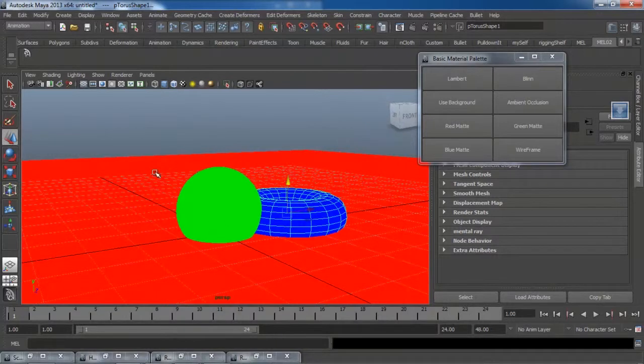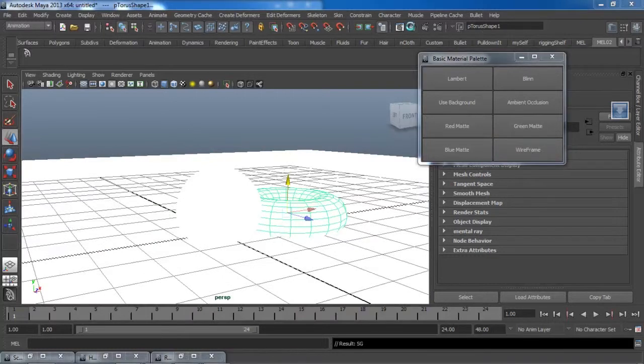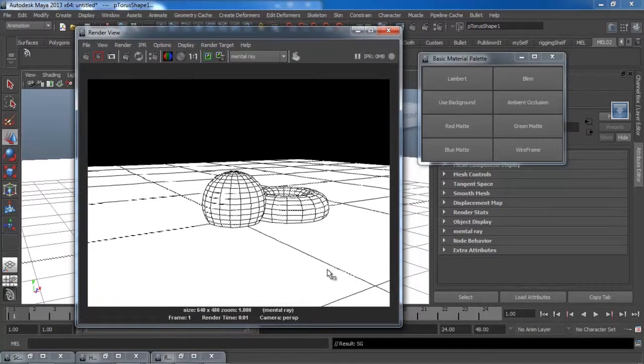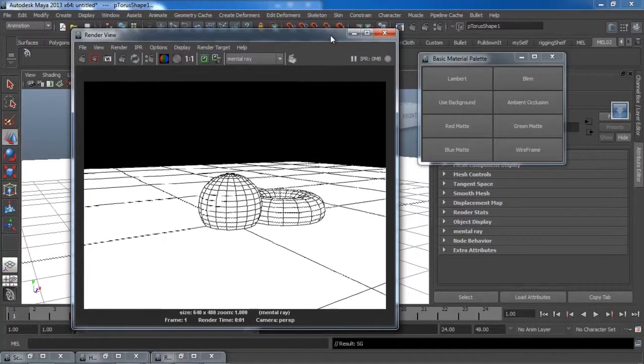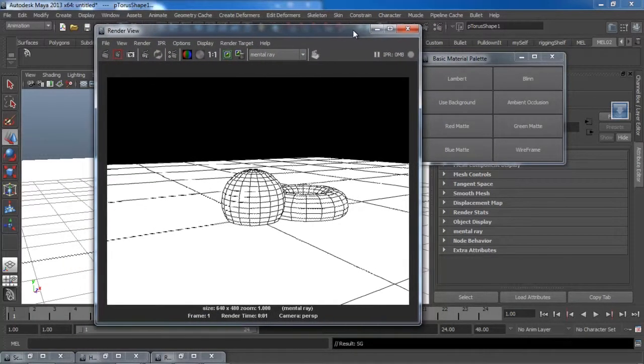Okay, and after that we have one more feature. Select all the objects and then click on the wireframe button, and see, just by clicking once on a button we can have our wireframe, and this will save your time and your efforts while at work.